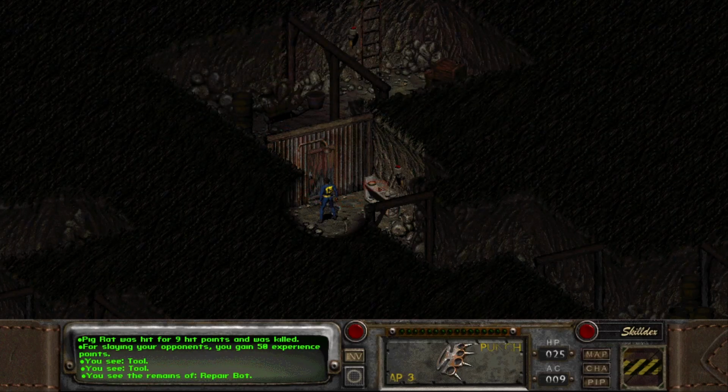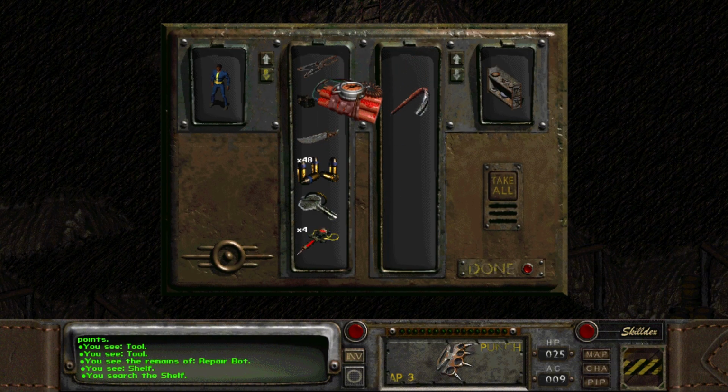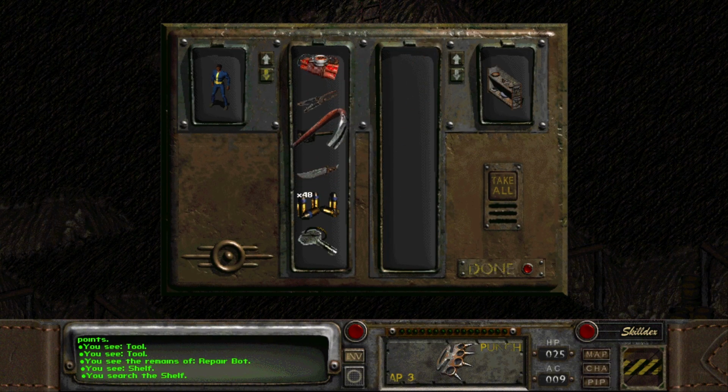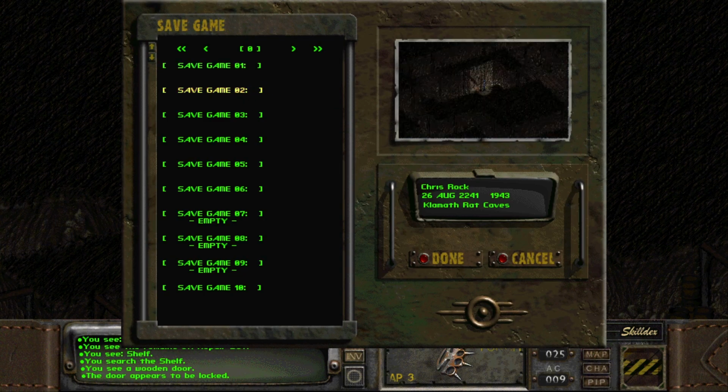So if I remember right, there's going to be some explosives around here. Yes, there is. I'm going to take that dynamite and that crowbar. And you see a wooden door, and it appears to be locked. So what I'm going to do...